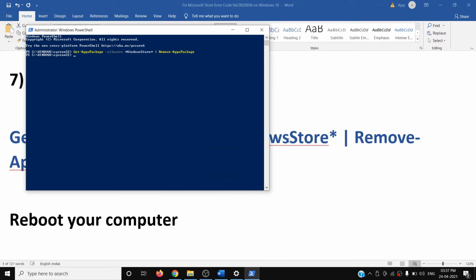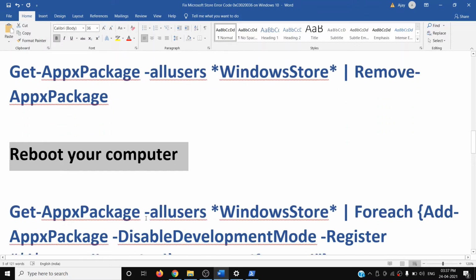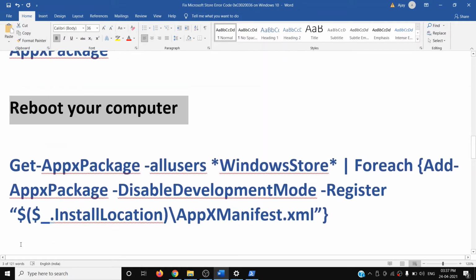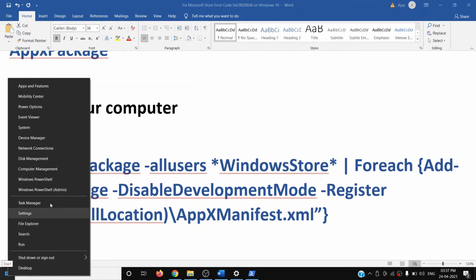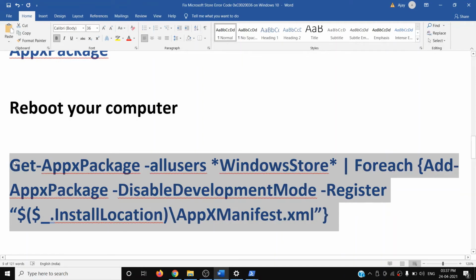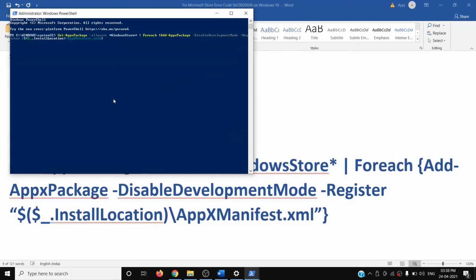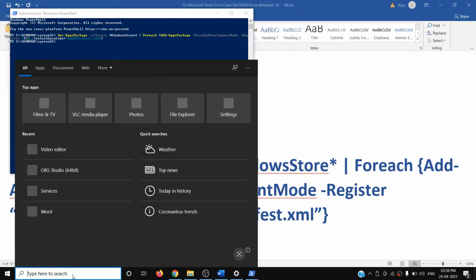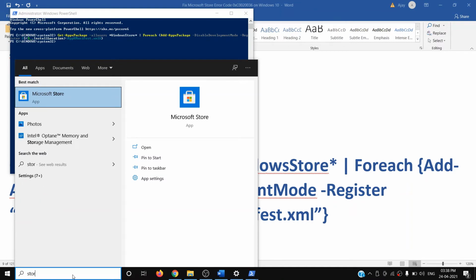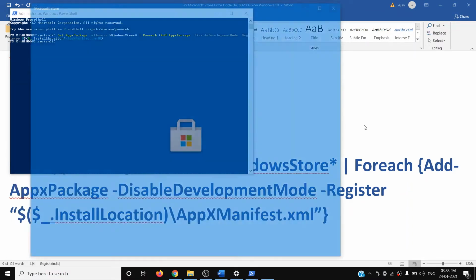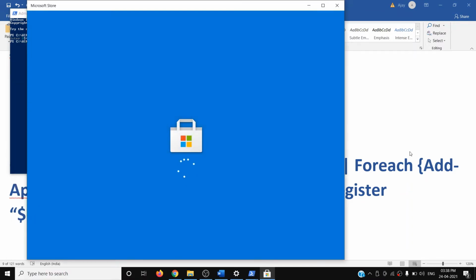Now after you uninstall, restart your computer, and after that, to reinstall, again open PowerShell. Make a right click on the start menu, then click on Windows PowerShell admin, click on yes to allow, and this time copy this command, the second command, which will go ahead and reinstall Microsoft Store. So paste it over here, then hit the enter key, and it will reinstall Microsoft Store. So you can try opening store now. It should be available to open, and that should go ahead and fix the error message.